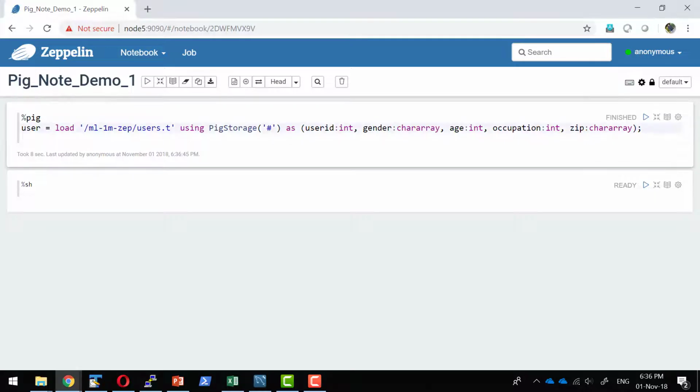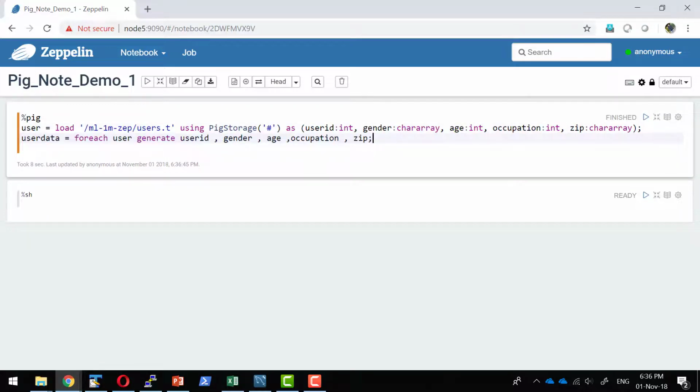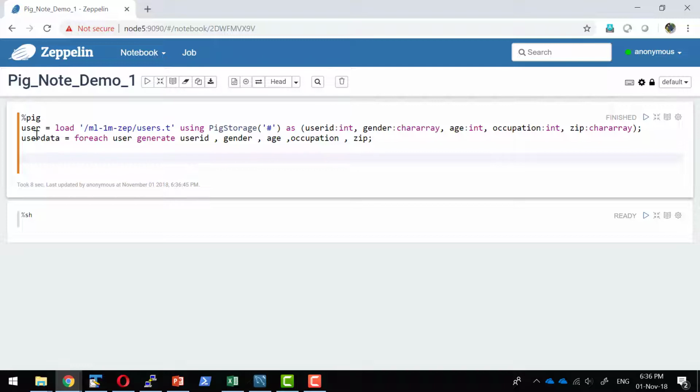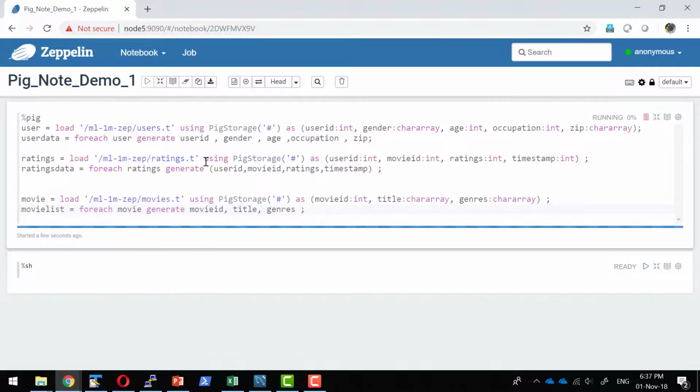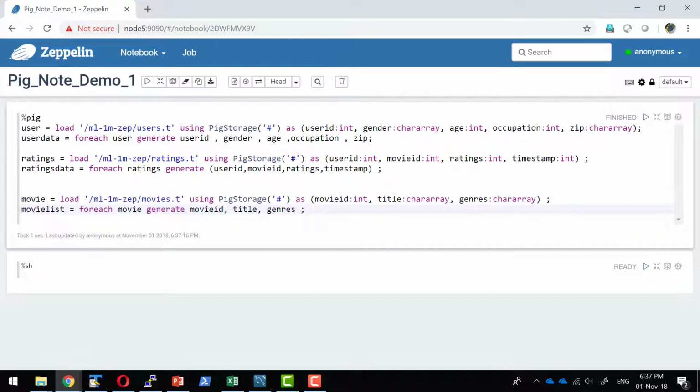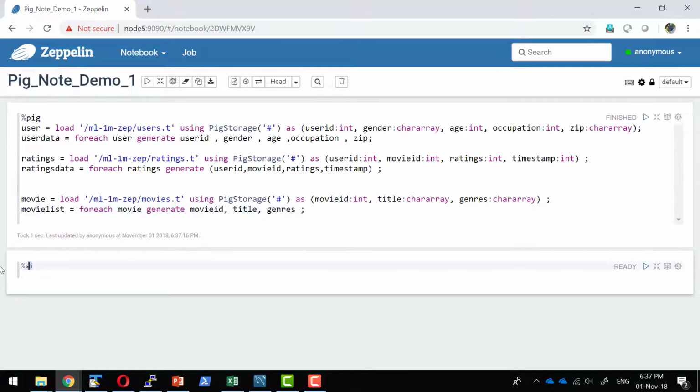I can use the other statements like for each of the elements within the user. This we call it as a relation, which looks like a variable. In Pig world, we call it as a relation. The same way I'm going to read the ratings data, movie data, all that I'll be collecting it using the for each statement. Then I can use the query that I want within Pig interpreter,